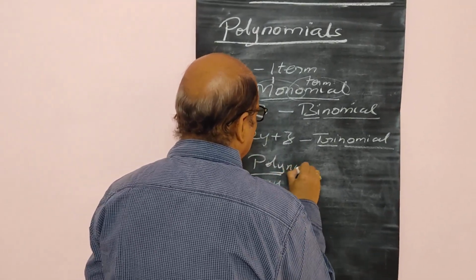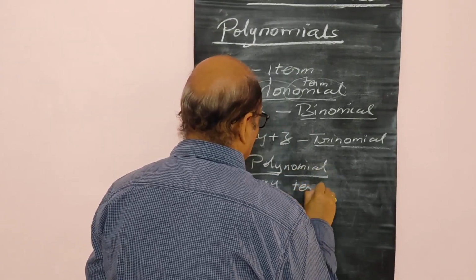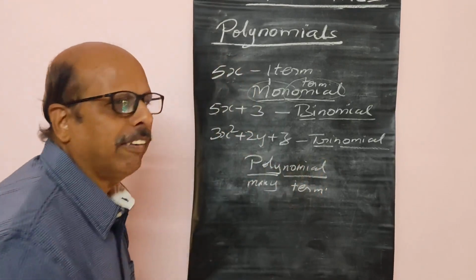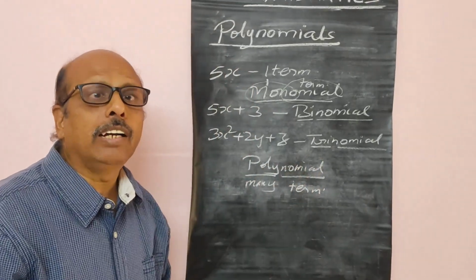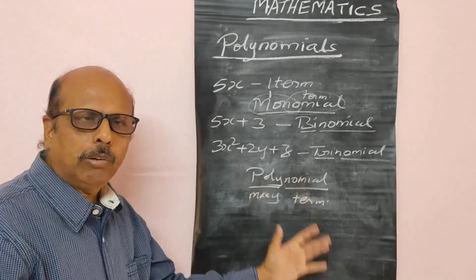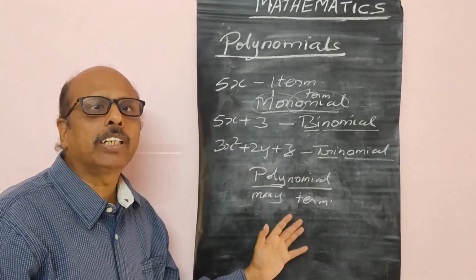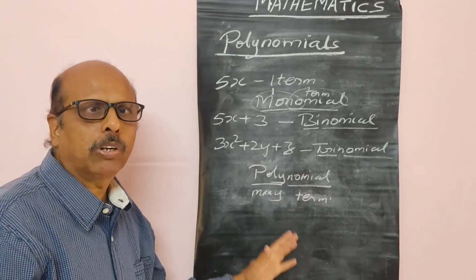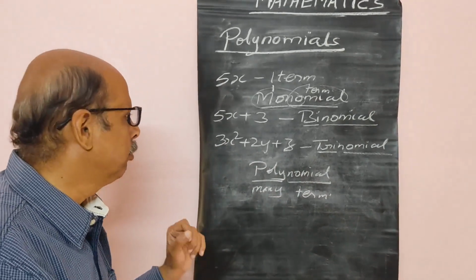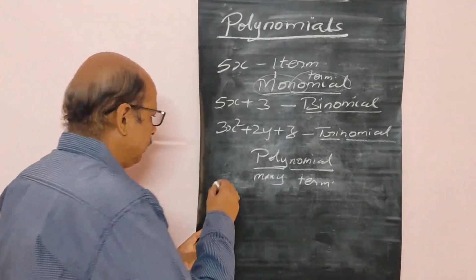And nomial means term. So an expression which is having many terms, say unlimited terms, then we call it a polynomial. So polynomial is also an algebraic expression with many or an unlimited number of terms, n number of terms, which we call it. So if you have to define what is a polynomial,